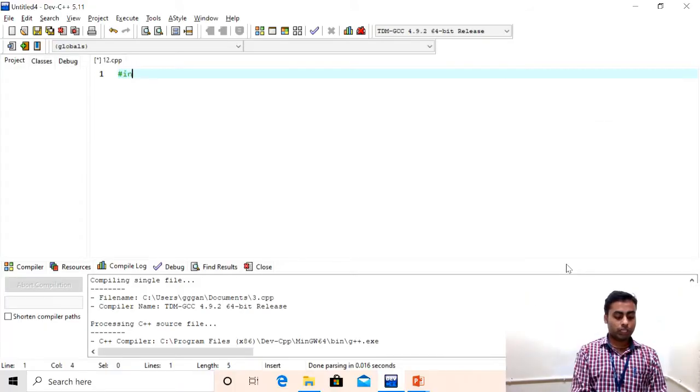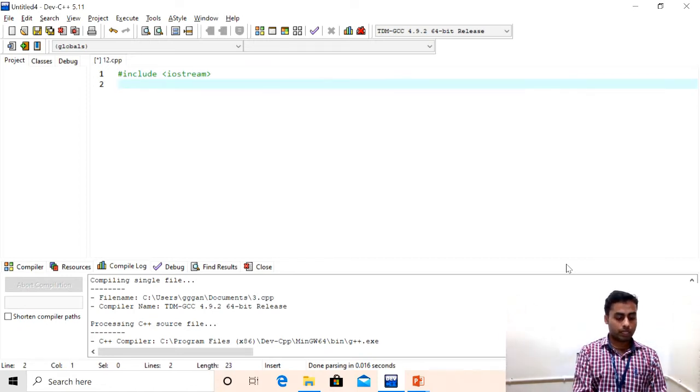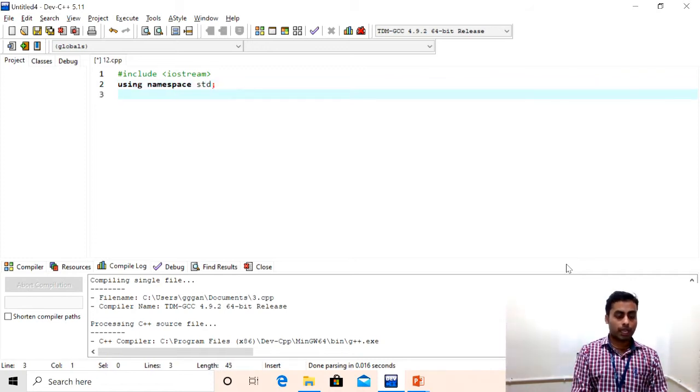We will start with #include <iostream> as a basic header file for our input output purpose, then using namespace std, and here I am declaring one class.